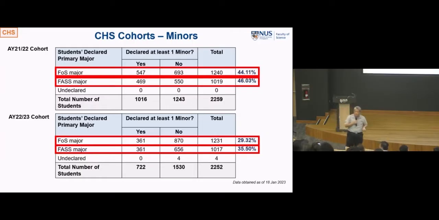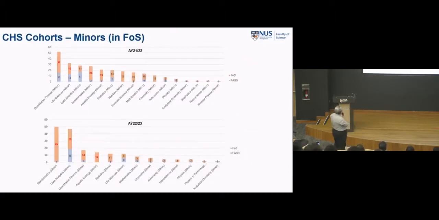Now you get the picture now, right? And let me show you what is the most popular one again. Wow, look at this. Quantitative finance is a very popular second, a minor. Bioinformatics, okay, data analytics. So I think this is actually very good because your seniors are actually very in tune to what are the skills that will be useful for them and build upon their primary major as well. Okay? So now you get the picture of what I'm trying to show you here.